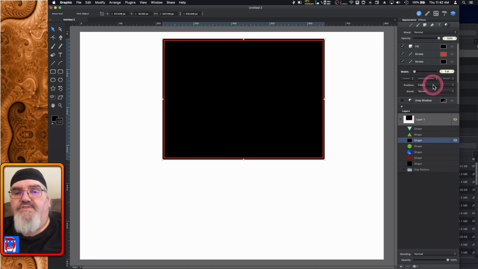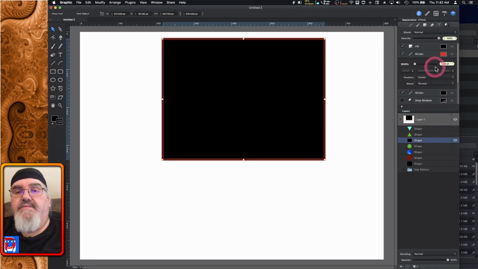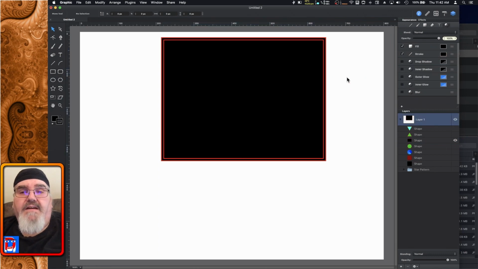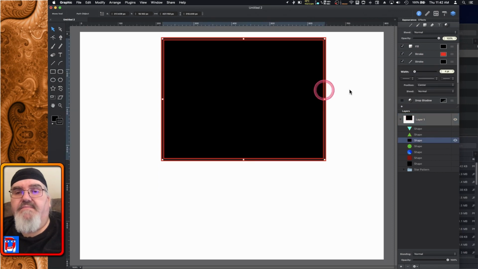So now if we were to center this one, and we center our other one, and let's make this one a little wider. So now you can see we've got one on top of the other in the middle of it. Now that's a kind of an interesting effect, but if you're going for something a little different,